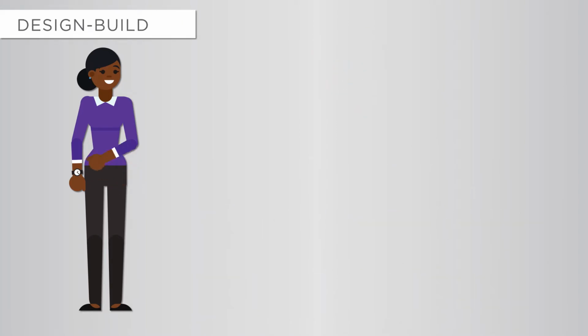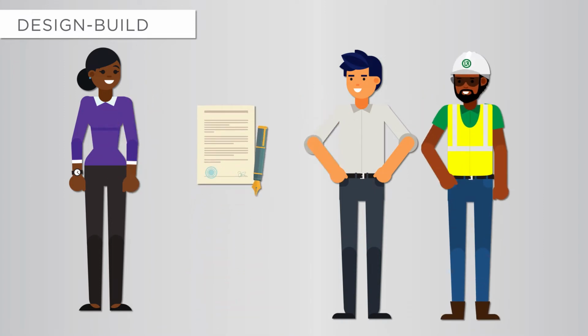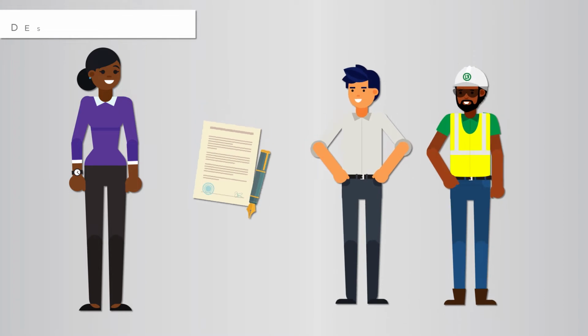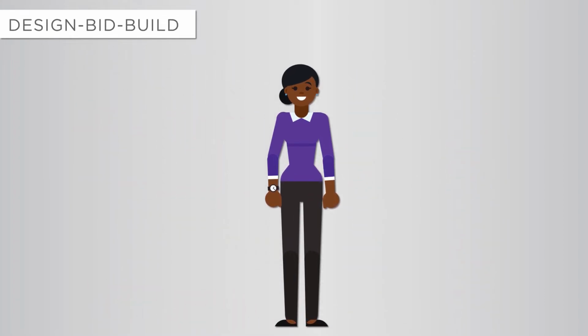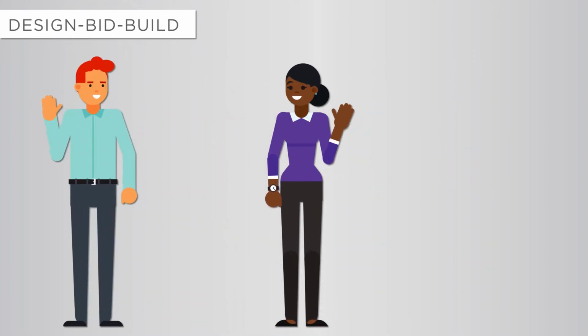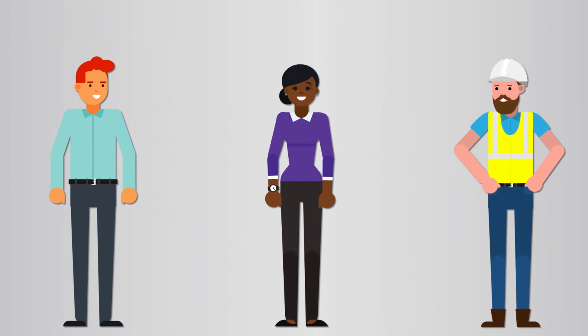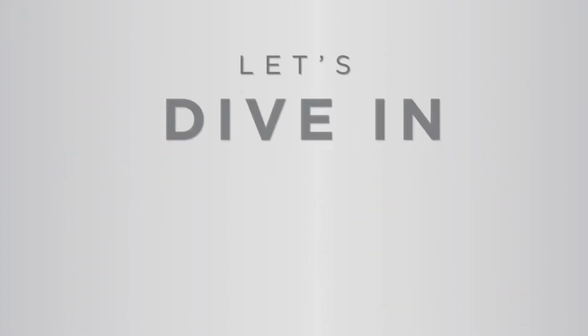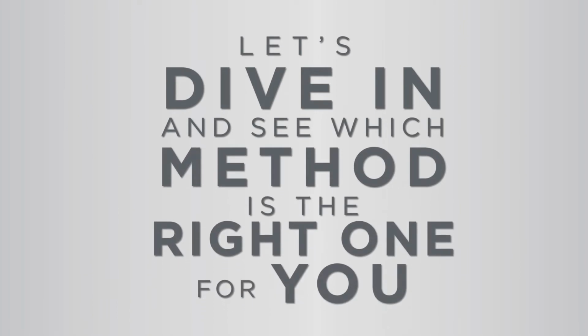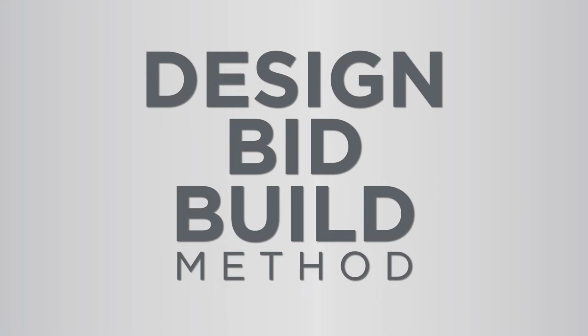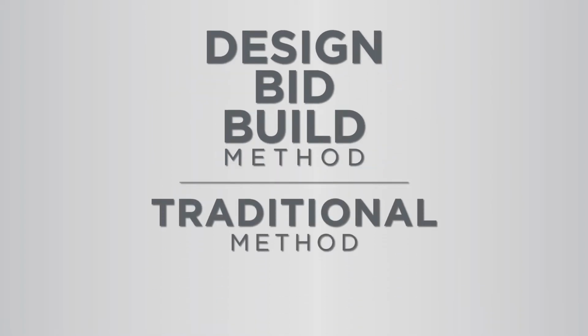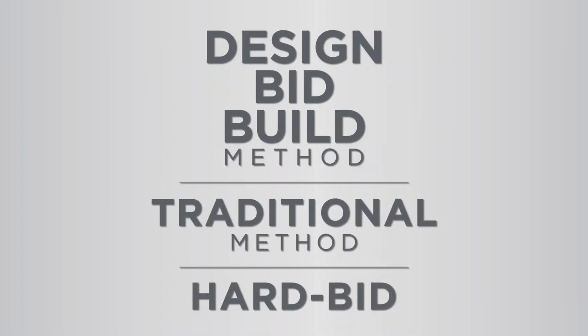The design-build method has a contract with a single partner who takes care of the architecture and construction of the entire project. The design-bid-build method has separate contracts for the architect and the construction of the project. Both of these methods have their advantages and disadvantages, so let's dive in and see which method is right for you. The design-bid-build method, also referred to as the traditional method or hard bid, has been the most popular method